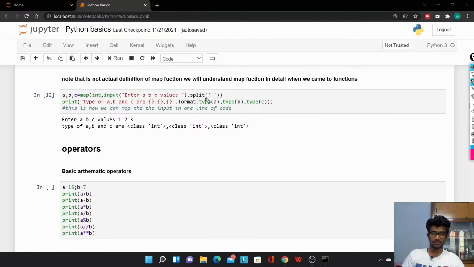The only way to convert multiple variables in the same line to another required format, other than string, is to use a map function. The map function is used to map the given values, or a set of values, into the required format. Please understand that this definition of the map function is only confined to when you are trying to read variables, but the real use of the map function is different. We can understand the real use when we discuss the function concept, but here we use the map function to convert the list of values